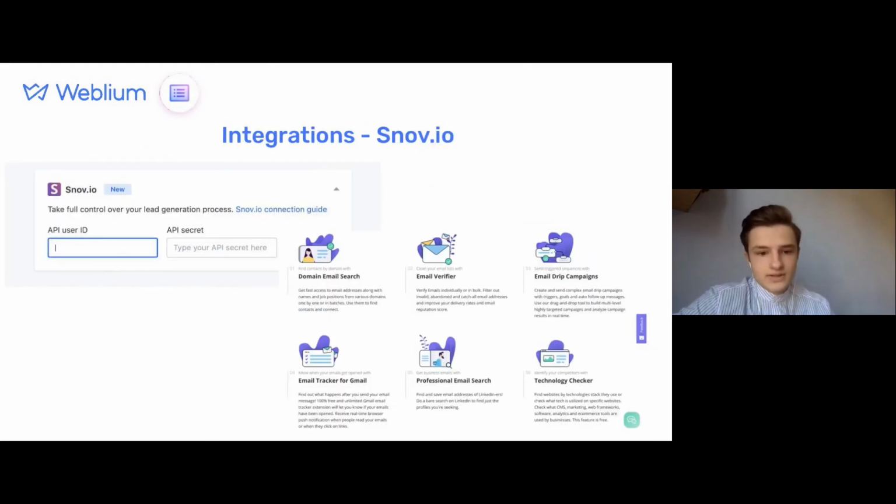As for integrations, today I'll present you two kinds of integrations. The first one is Snov.io, which I believe is a very great product. You can go and check their website, which is snov.io. You can set it up not only for your clients, but for you as the agencies, because this tool helps you to automate the lead generation. I mean, if you have a list of contacts that you find on LinkedIn or Facebook or whatever, and you don't have these contacts in your subscribers, just go to Snov.io,